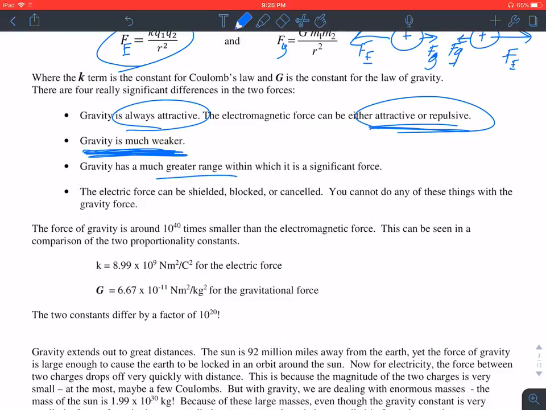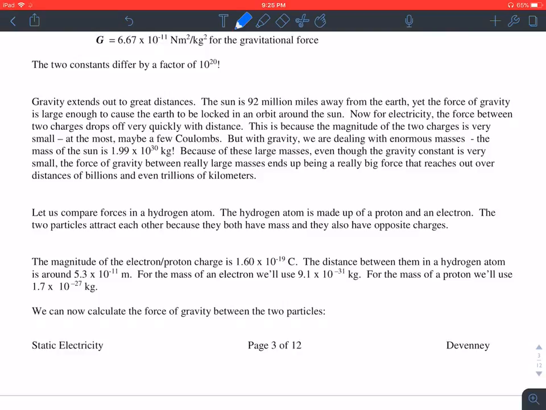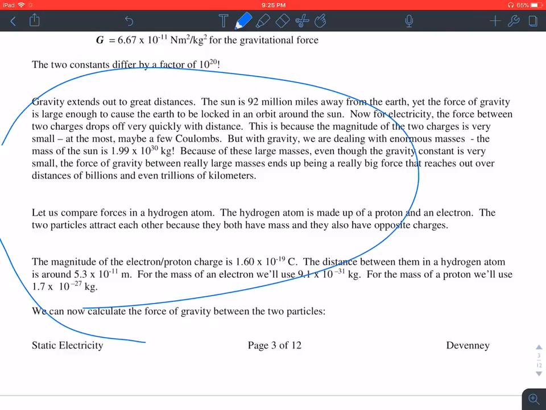Electric forces also can be shielded or blocked, where gravity cannot be shielded or blocked. I do suggest that you read the examples here, pause the video real quick,